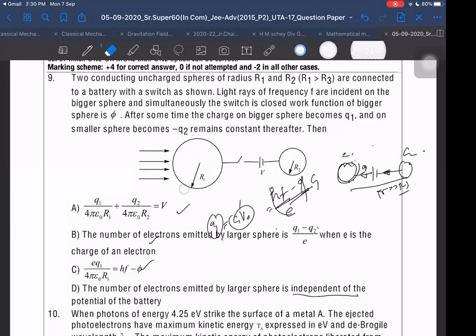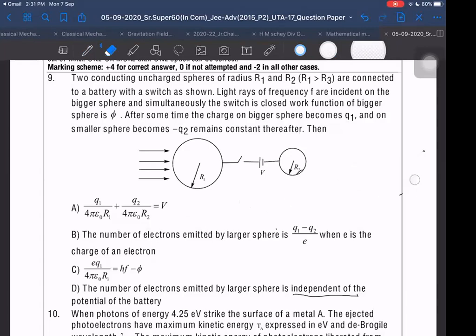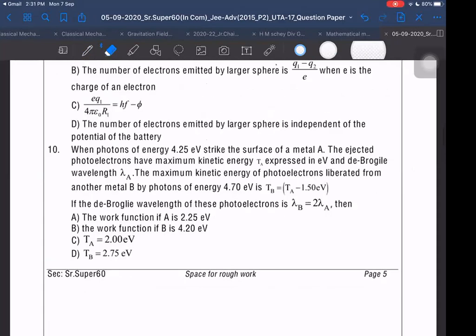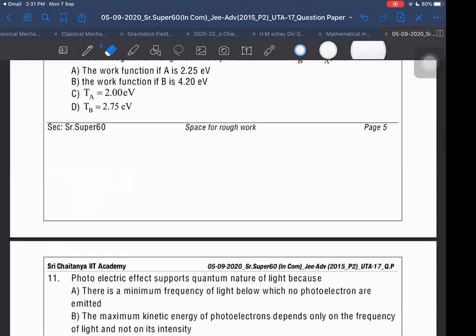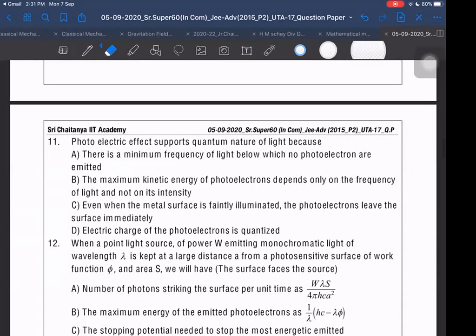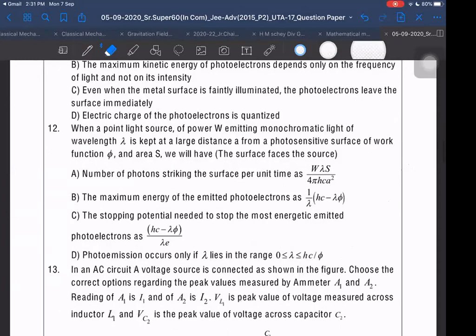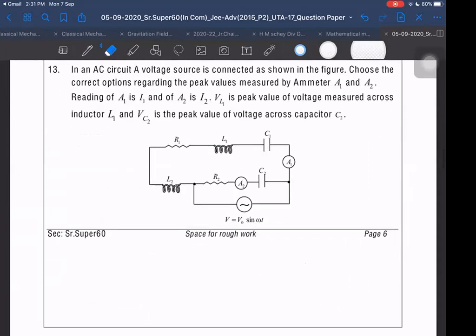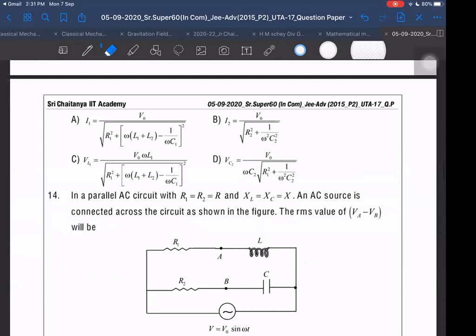I have to change the metal here to change phi, and by changing phi I can change Q1, and by changing Q1 I can make Q1 minus Q2 0 also, and I can get this condition so that even photoelectric emission does not take place, or it takes place but whatever charges are leaving, those are returning back. That kind of situation is possible. So I think yes, it depends. Any other doubt?